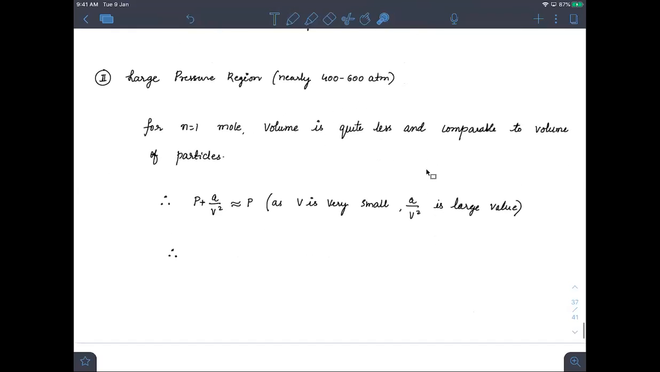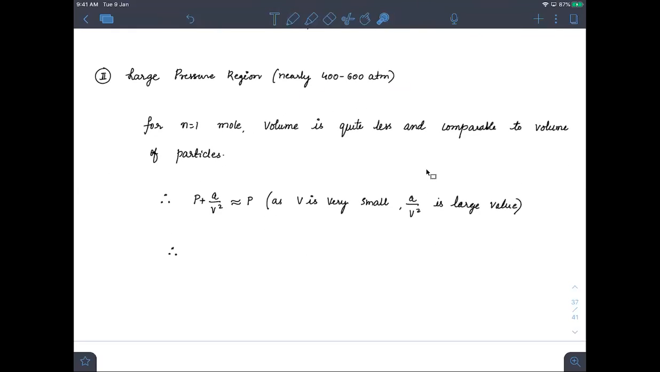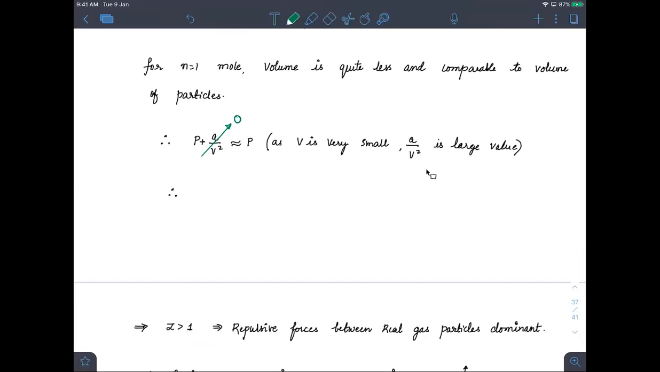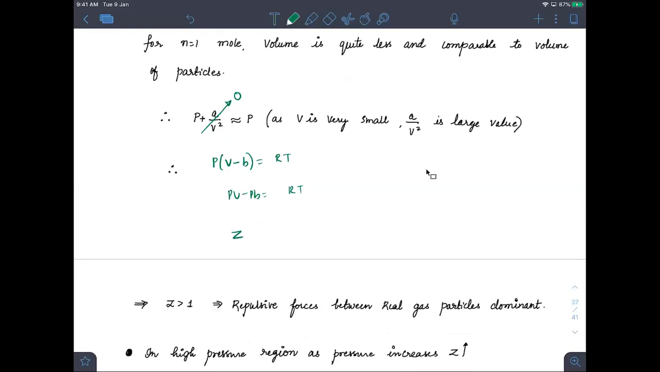But if you see it at high pressure, around 400 to 600 atm, although pressure is very high, the a by V square factor is negligible compared to such high pressure, and volume is too small now because it is highly compressed. Now this time volume cannot be ignored, so I'll ignore the pressure correction here. So P into (V minus b), taking it for 1 mole, is equal to RT. So PV minus Pb is equal to RT, and if I divide everything by RT,